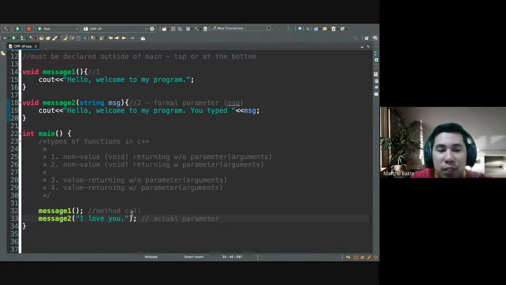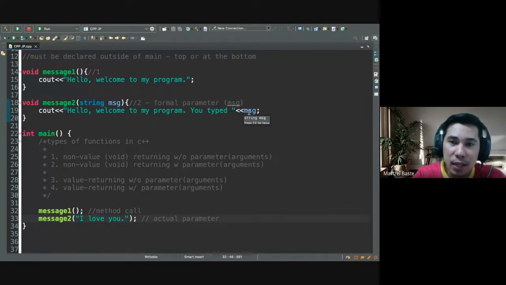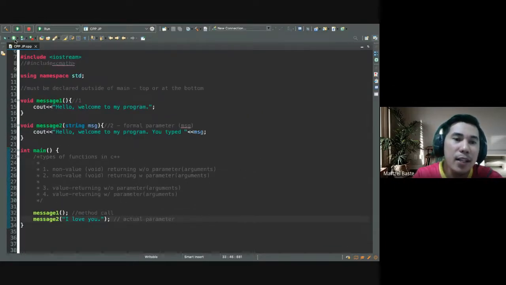So I love you is the actual parameter because that's the actual value that you pass to message, that the message is going to hold. And whatever the value of that message is, is declared here. So you have here the formal parameter. Message is the formal parameter, I love you is the actual parameter. Okay? So upon running this program,